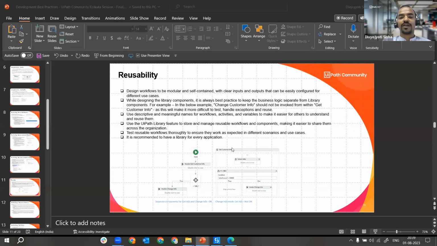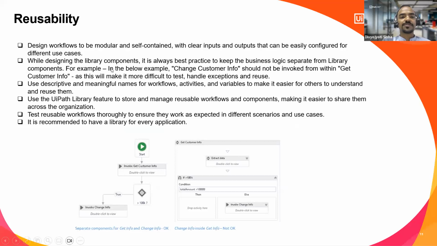Now that's what we are mentioning in this particular slide. It is always best practice to keep the business logic separate from the library components. Like, let's say for an example, you are building one workflow to change the customer info. So this change customer info should not be invoked inside get customer info XAML, right? The reason being,